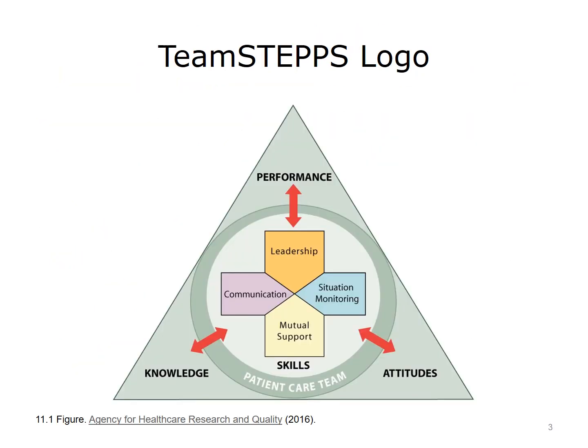Note the TeamSTEPPS logo shown on the slide, paying particular attention to the 4 skills located inside of the circle: leadership, situation monitoring, mutual support, and communication. Each of these skills is considered to be both teachable and learnable. The interaction between the team-related outcomes of attitudes, performance, and knowledge with these 4 skills is illustrated by the red